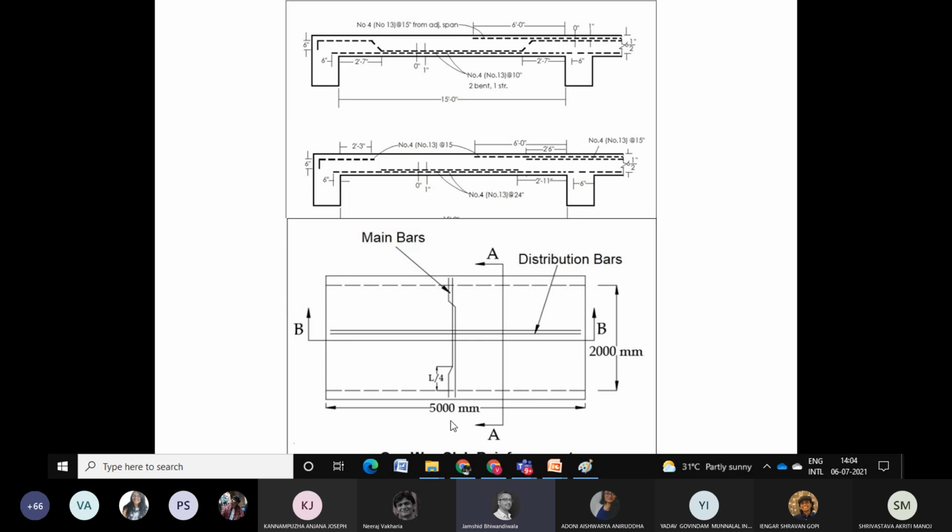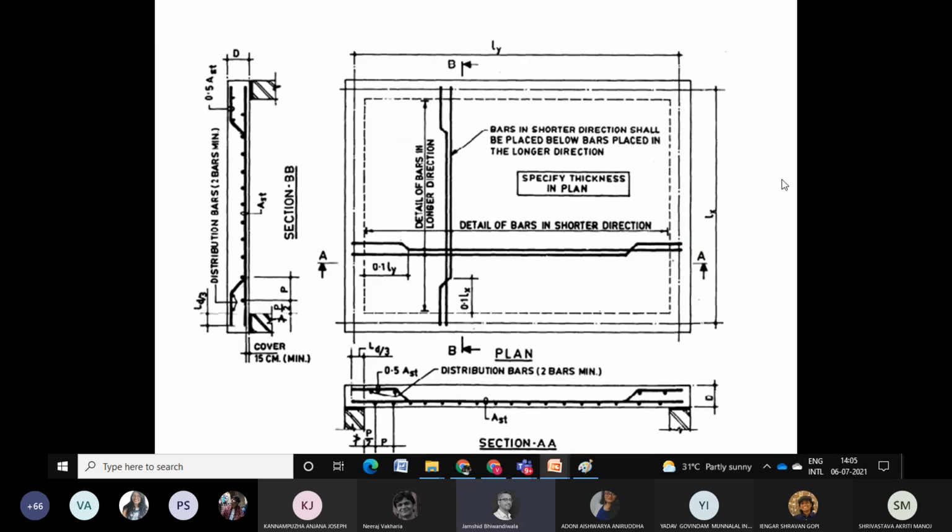I'm sure this is covered. I'm just trying to do a revision for one-way and two-way slabs. That's how a two-way slab looks. Again, main bars are there in both the directions. Every bar alternately bends along the 1/3, 1/4 area of the span. So 1/4 of the span, 1/5 of the span is bent on top to take care of the bending moments. You can see here 1/5 of the span on top.